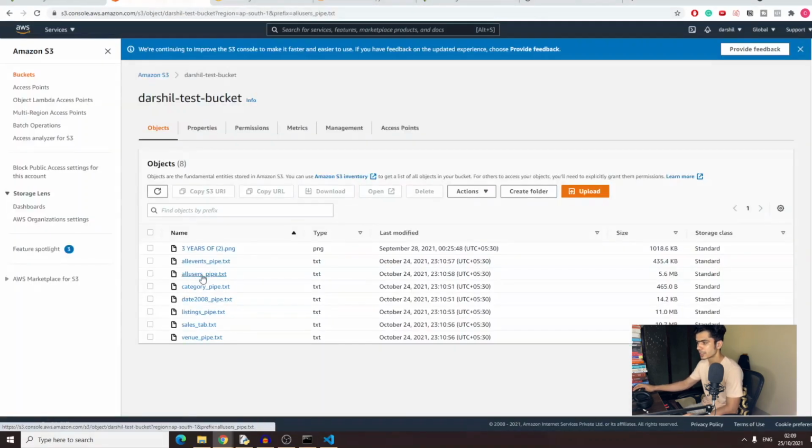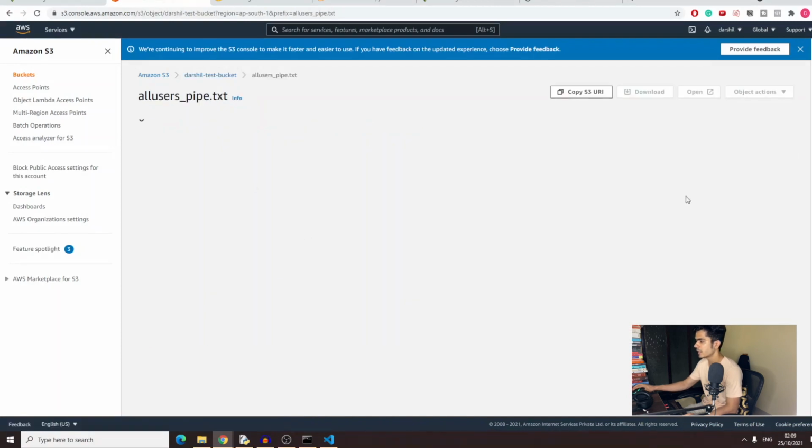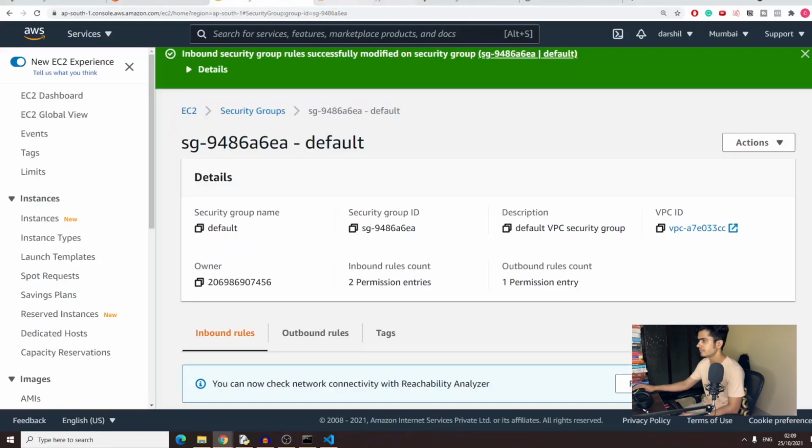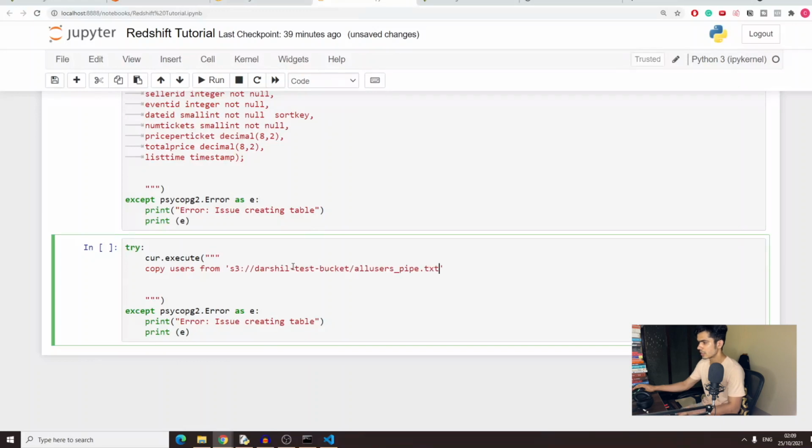This is the users pipe text file. I'm going to copy the S3 URL. Make sure you copy this particular URI, or you can click over here to copy the URI. You don't need the object URL, you need the URI.